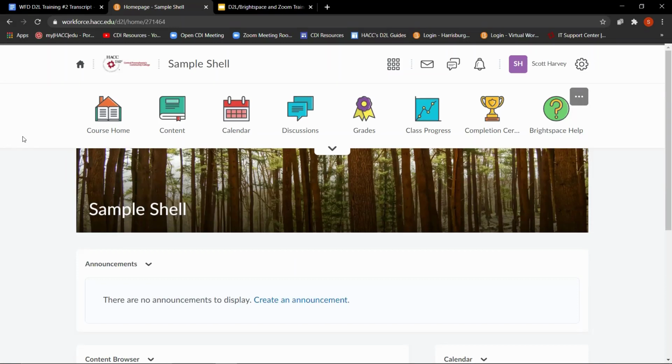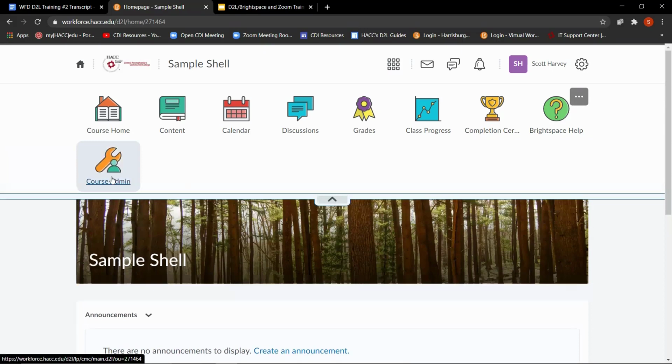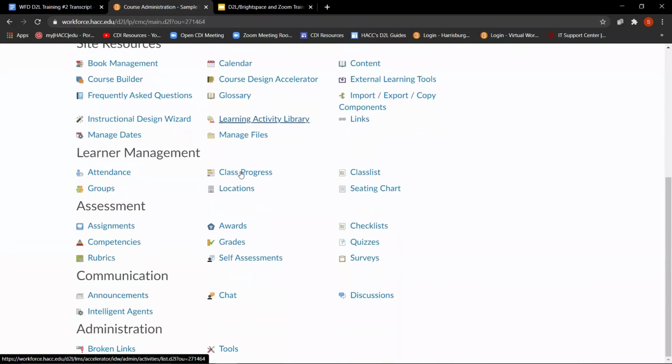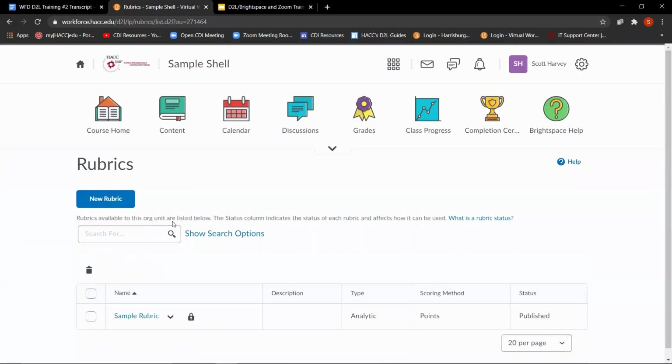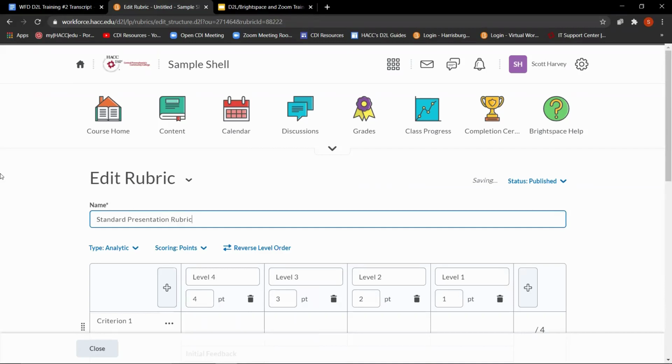What if we want to grade with rubrics? Let's look at how to make a rubric. We're again going to go to Course Admin in our navbar. We're going to scroll down to the Assessment heading, and we're going to click on Rubrics. To make a new rubric, click on the blue New Rubric button. Give the rubric a name. I'm going to name mine Standard Presentation Rubric because I'm going to use this to assess users' presentations